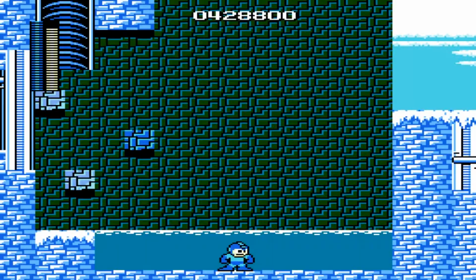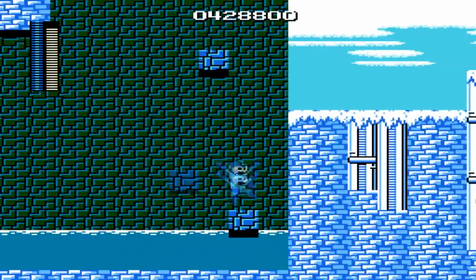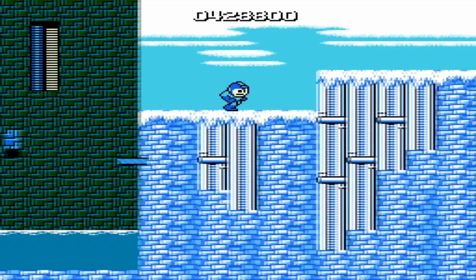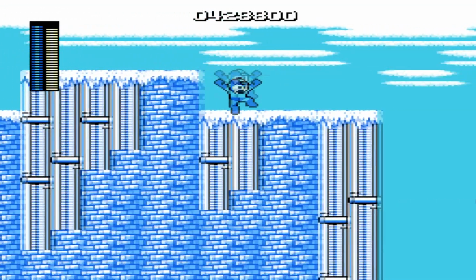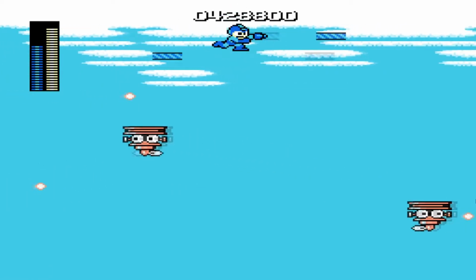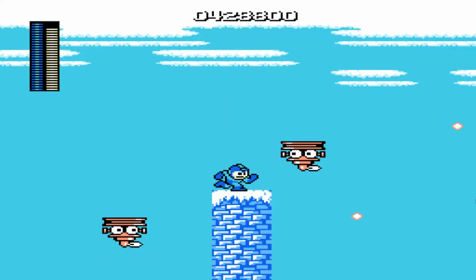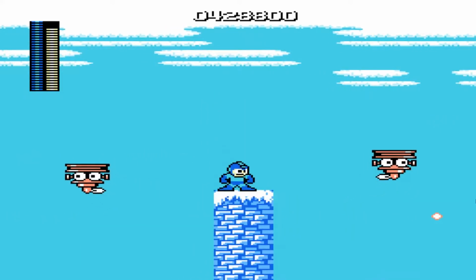Now you have to wait for 10 years for all these blocks to come back. Not really. I just cheated with that screw thing I got. It's the magnet beam. Oh, so it creates platforms? Yeah. That's bullshit. Just do that the whole level. Walk on water the whole level, all the way up. Well, it does disappear after a while, so...